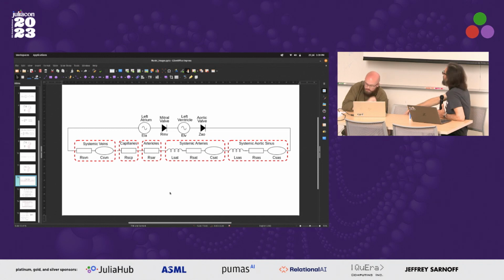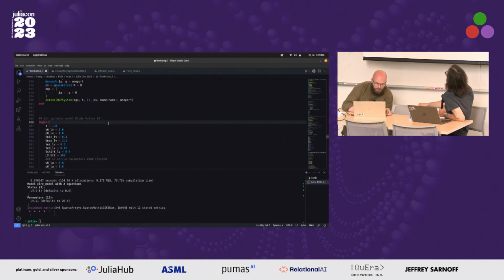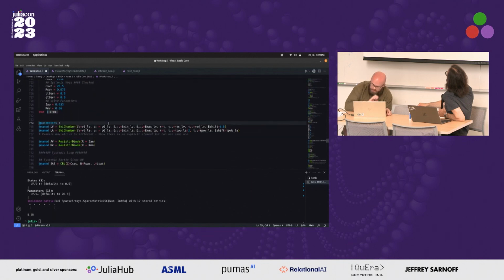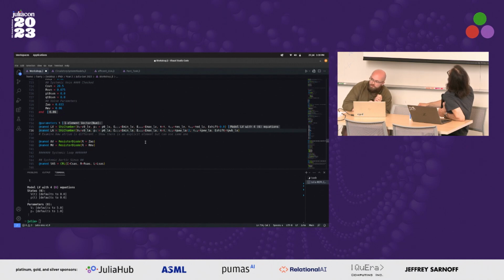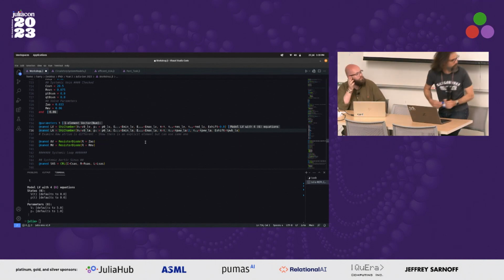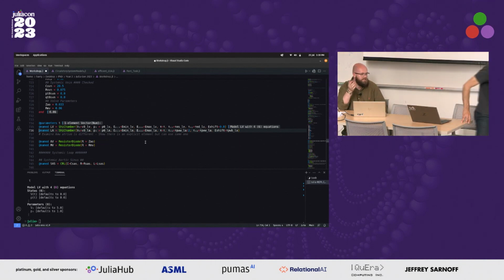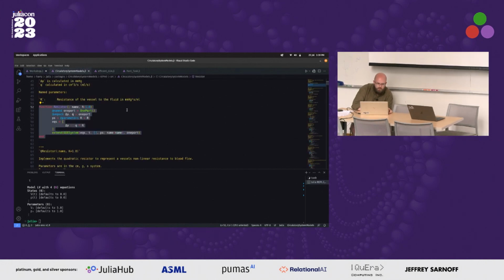Yeah. So we're going to move on to a more advanced system that looks like this. This is from the She model again, but just the systemic loop. If we wanted to model each chamber individually, just draw your attention to this definition of the atria. There are two ways in which this can be done. One is an explicit representation of the atria. So if we look in,